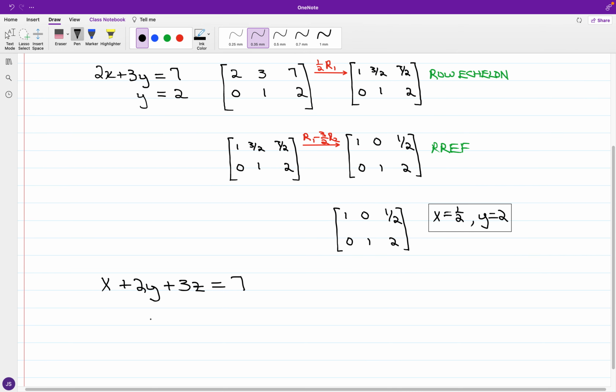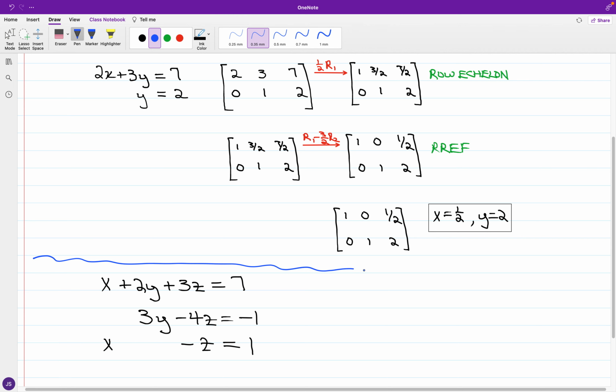And at the same token, we'll say that we have 3y minus 4z is equal to -1. And for the third equation, we'll say that we have x minus z is equal to 1. Okay, so if I'm looking at solving, let's say, through the use of matrices,